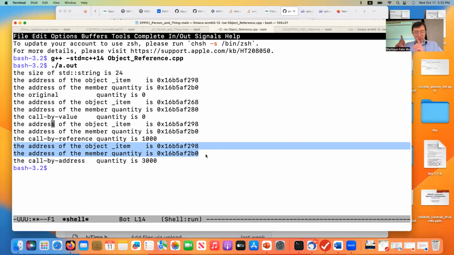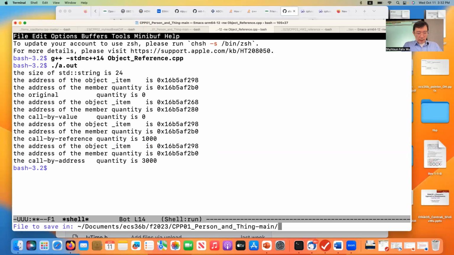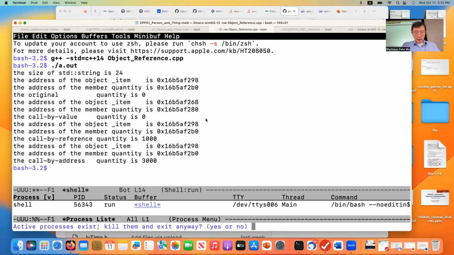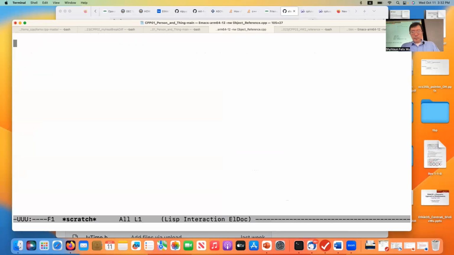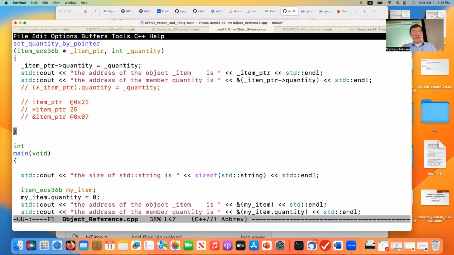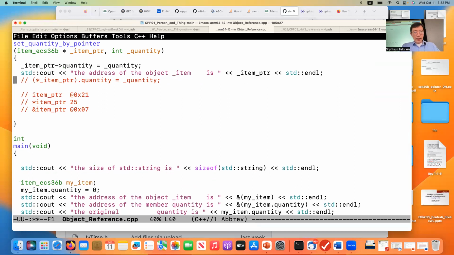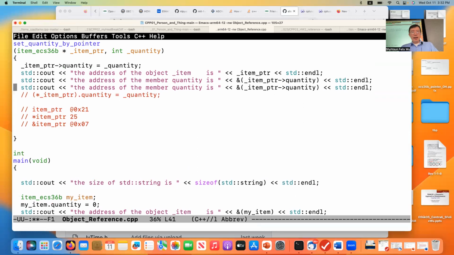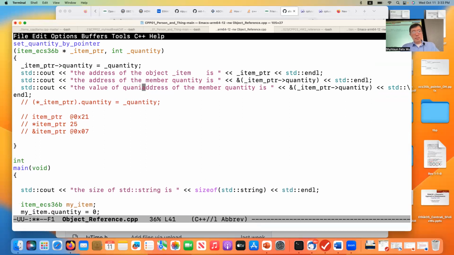In fact, you can do that. Let's refer to the question. Let me try to do this. I just want to write one line of code to show this. So remember, I set the value to be 3,000 over this line, right? All right, so let me add one more line here. I said, okay, the value of a quantity is